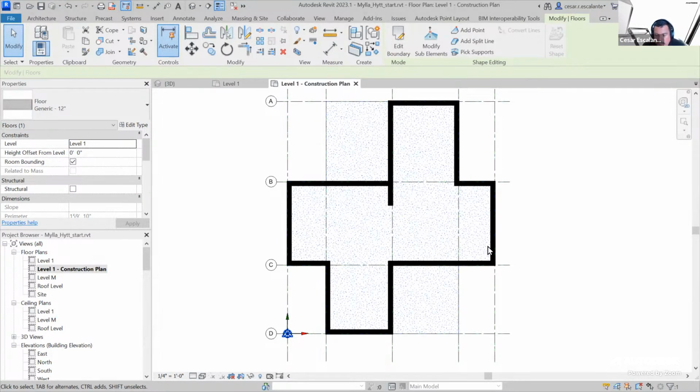So we can use a different technique to apply a different material to another material, and that is using the split face. Split face allows me to define a boundary on the surface of an existing element, and then apply a different material to that boundary. To make it easier for me, I am going to